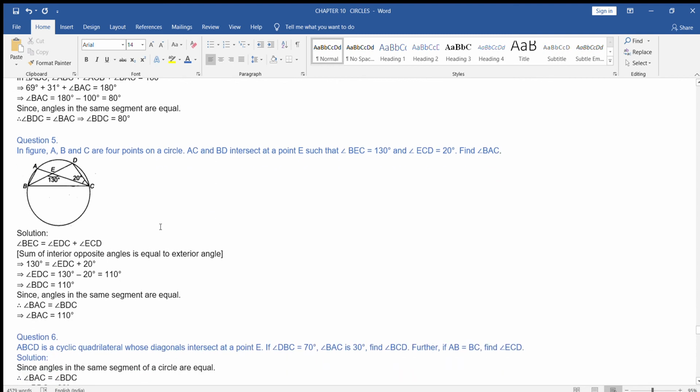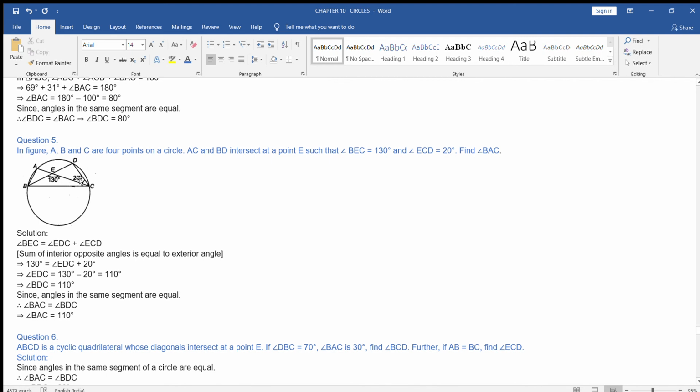Now question number 5 is here. In question number 5, 4 points are given to you. AC and BD intersect at E. BEC is 130, this one is 20, and we have to find out BAC. Now see, we have to find out this BAC. Now what have we done here, just have a look. This BEC is the exterior angle, and the exterior angle of a triangle is equal to the sum of the opposite